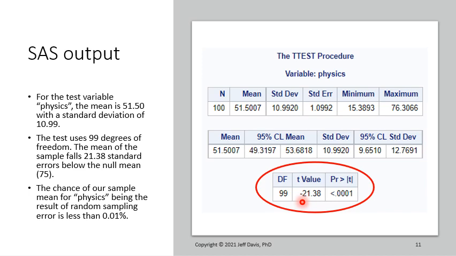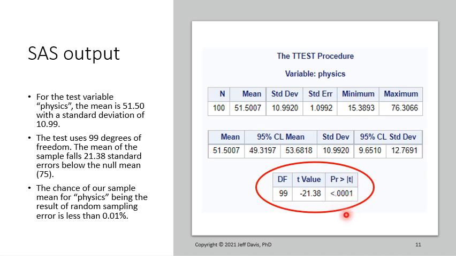Pretty large difference there. But then what is the probability that the mean we observe for physics would be found in a distribution of random error in which the mean is 75? What's the probability of observing our mean in that null distribution? Again, it's a very small probability, so it's less than